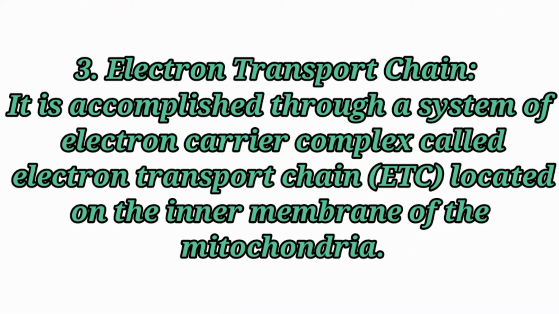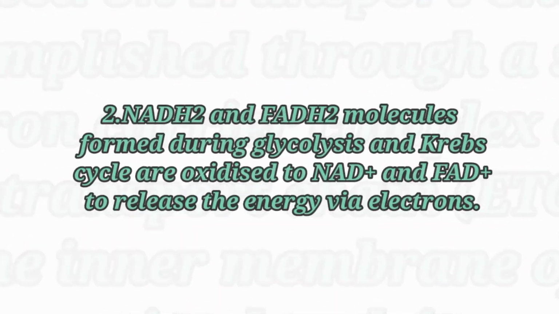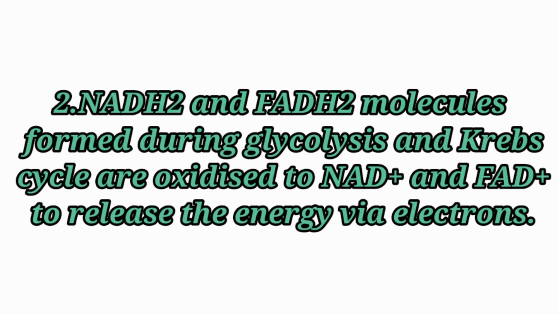Electron transport chain, it is accomplished through a system of electron carrier complex called electron transport chain, that is ETC, located on the inner membrane of the mitochondria. NADH2 and FADH2 molecules formed during glycolysis and Krebs cycle are oxidized to NAD plus and FAD plus to release